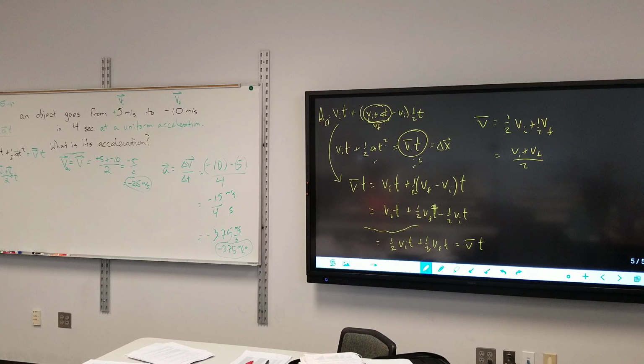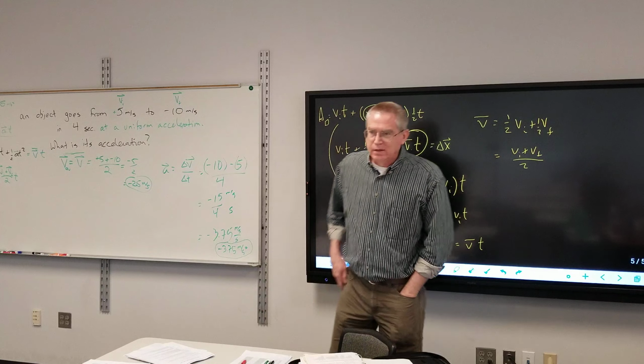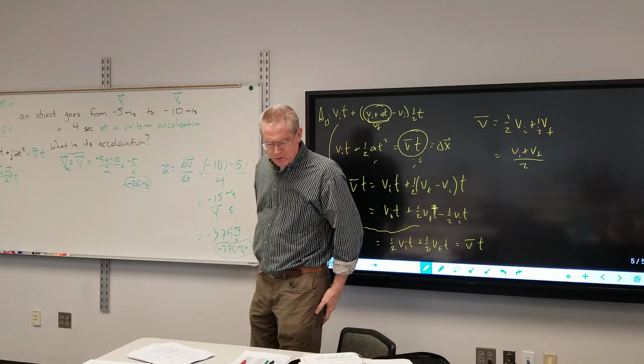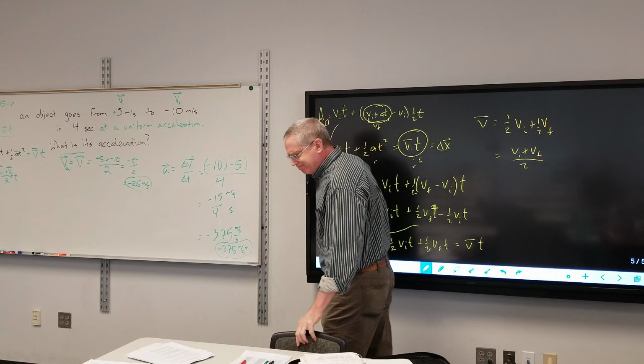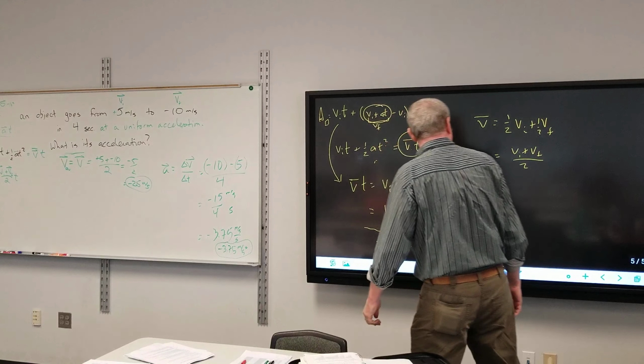Two of the equations start out with delta x. Two of the equations, this one starts out with VF, the other is VF squared. But we need to get there. Notice also, we could have found average velocity one other way, and I don't recommend it, but I'm going to do it anyway because if your mind blanks at a bad moment,